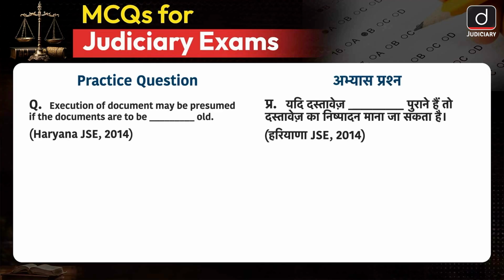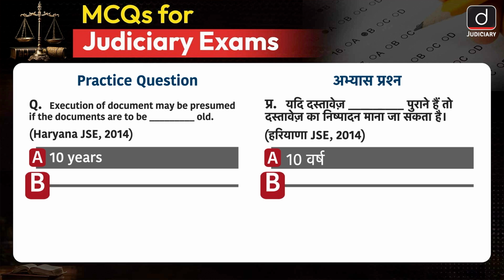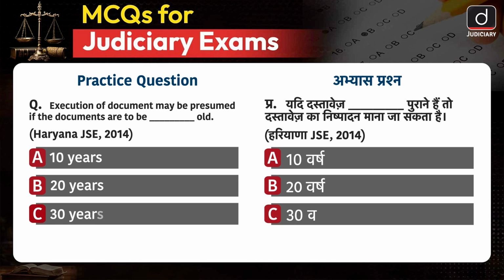Now it's time for practice. Question: execution of a document may be presumed if the document is dash years old. Option A, 10 years. Option B, 20 years. Option C, 30 years. Option D,